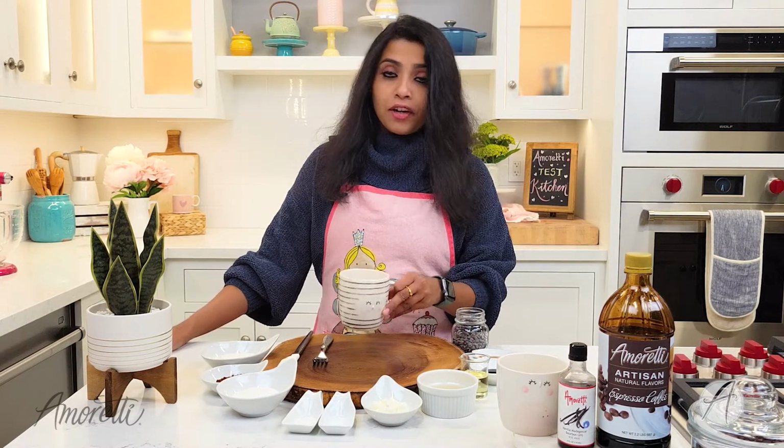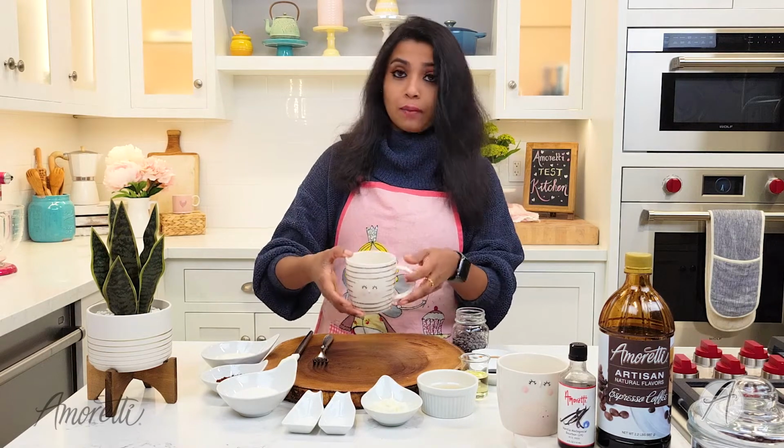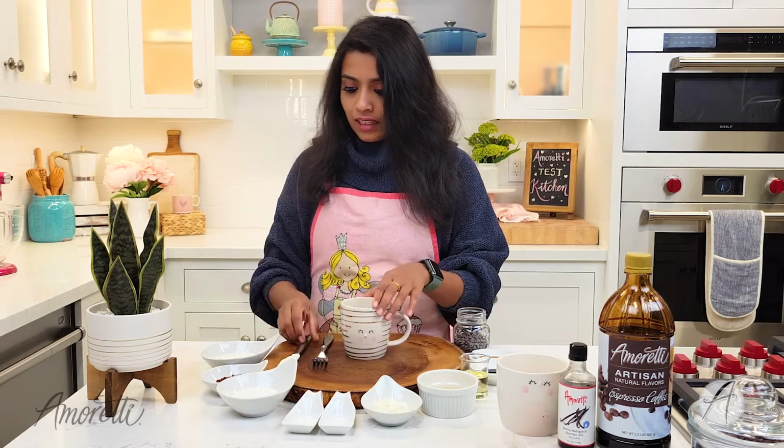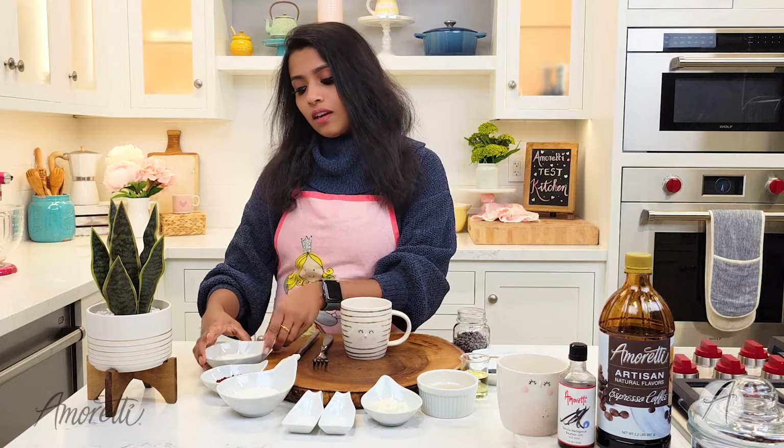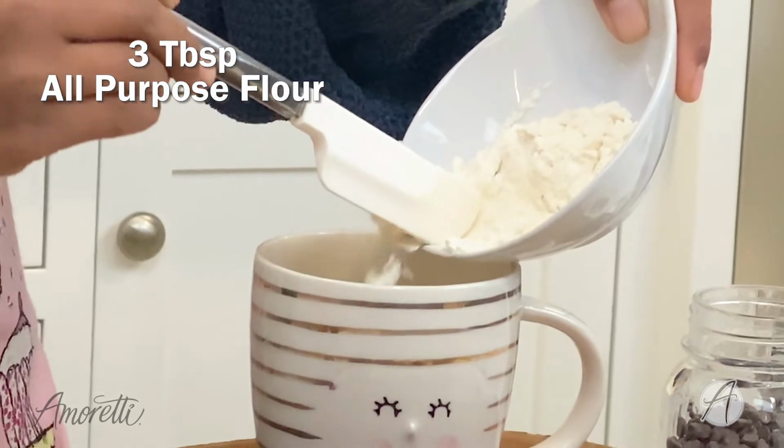So I have a mug here and this recipe is going to be a single serve recipe and it's going to fit in a small mug. So if you're taking a bigger one, double the recipe of course. Now let's start with the dry ingredients first. It goes in 3 tablespoons of all-purpose flour,